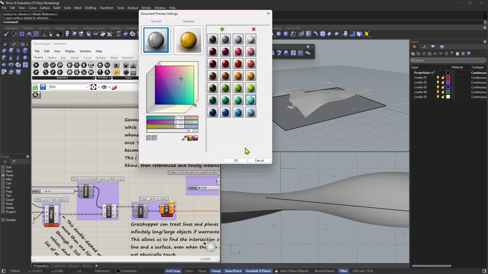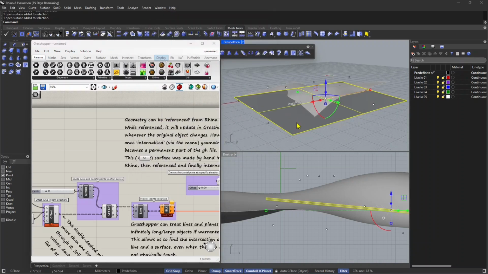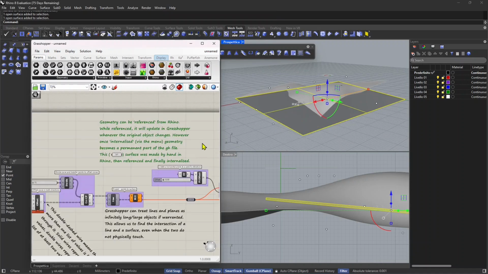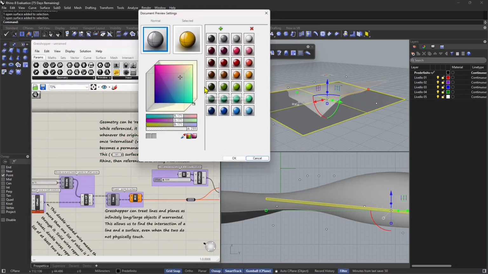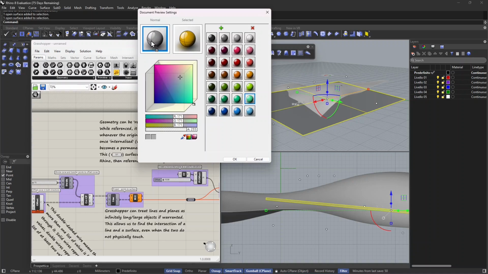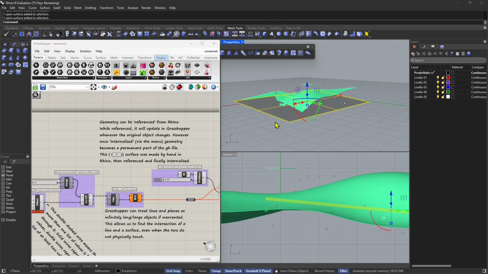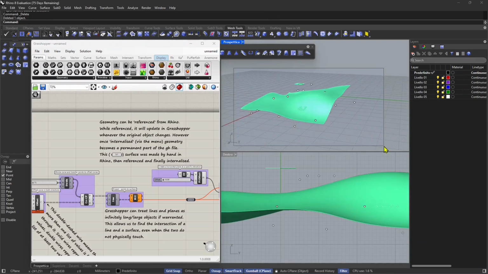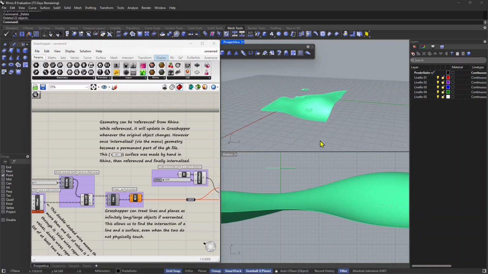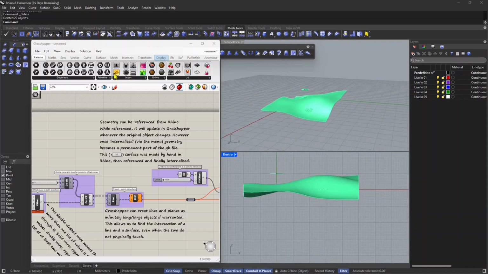Now I want to change the color here for the preview because it's a little bit gray, and actually I didn't change it. So let me go back, and you need to click and drag. Okay. So now we can see better, not in gray, the various components of this. And also what I want to do is go and